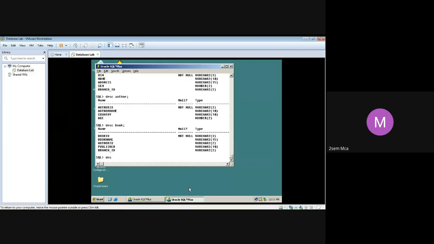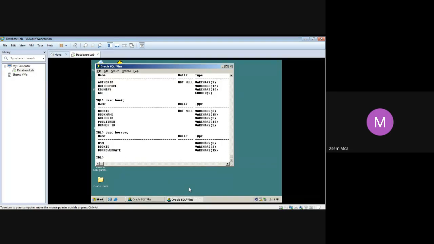What is the next one? Borrow is this one. This is how the description of your tables looks. If you observe, under null for the primary key, it is showing not null, right? That means you cannot leave that particular field with a null value. You have to enter some value there. A foreign key can be null, but a primary key cannot.